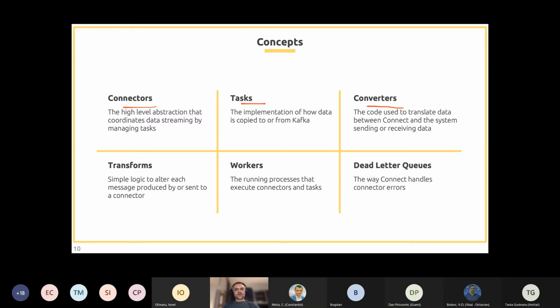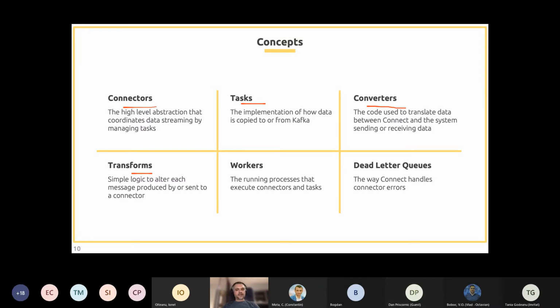And we have converters, which translate the data format between Kafka Connect and our external data sources. And we also have transforms, which can be used to alter each message produced or sent by Kafka Connect.